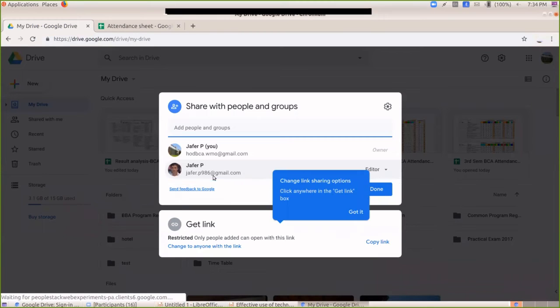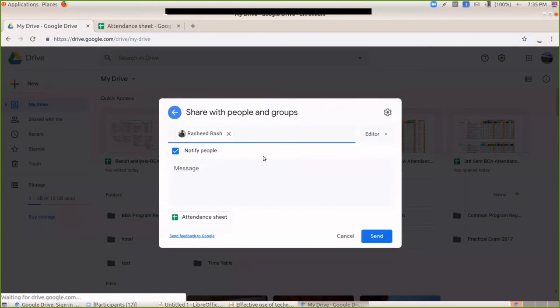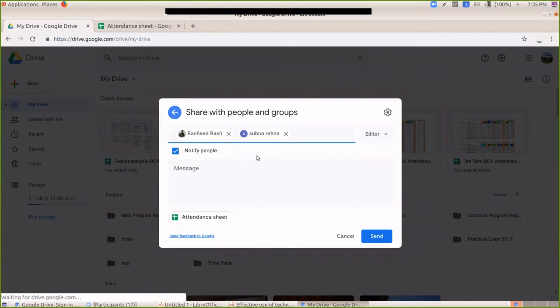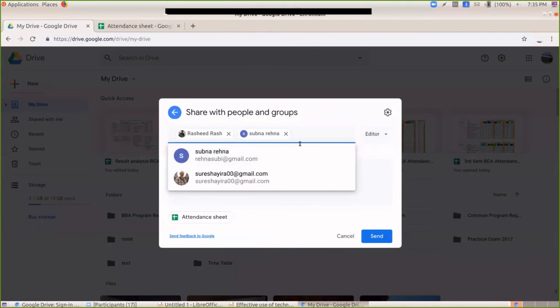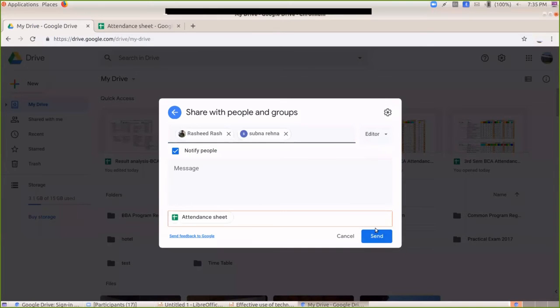You can see one recipient is already added. Suppose I want to add more people. For example, I'm going to add two more people, Rashid sir and one more, let's say Subna. So like this, I can add multiple persons, right?